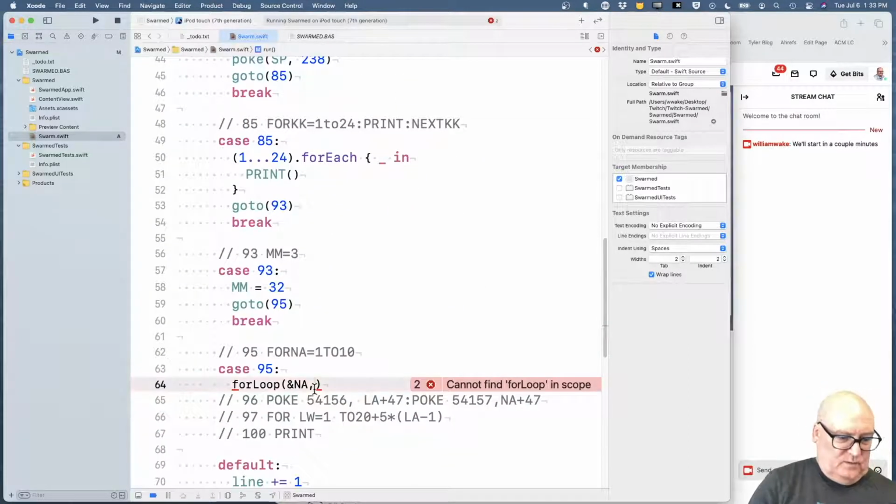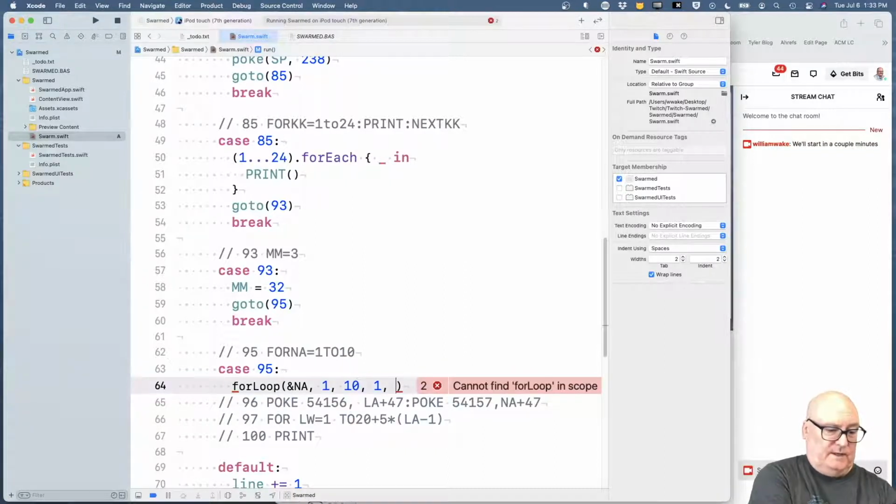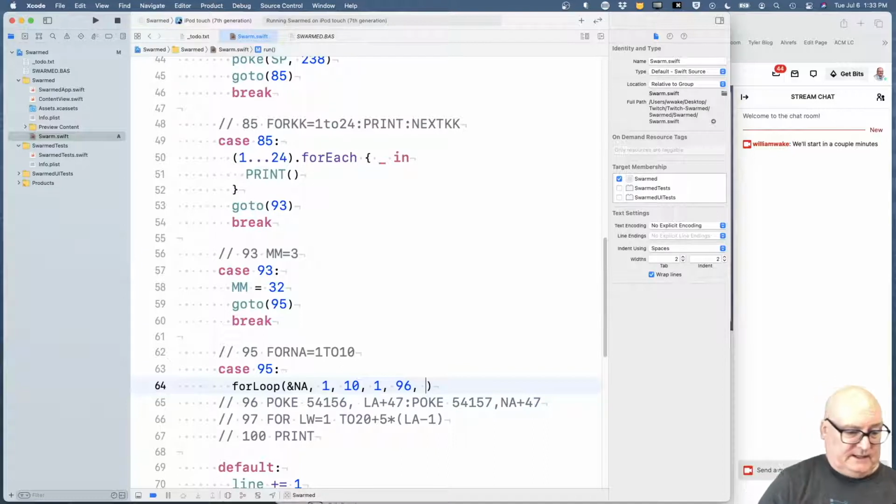Okay. 1 to 10, step 1 is implicit, and if we want to execute the loop, we want to go to line 96, and if we want to exit the loop,